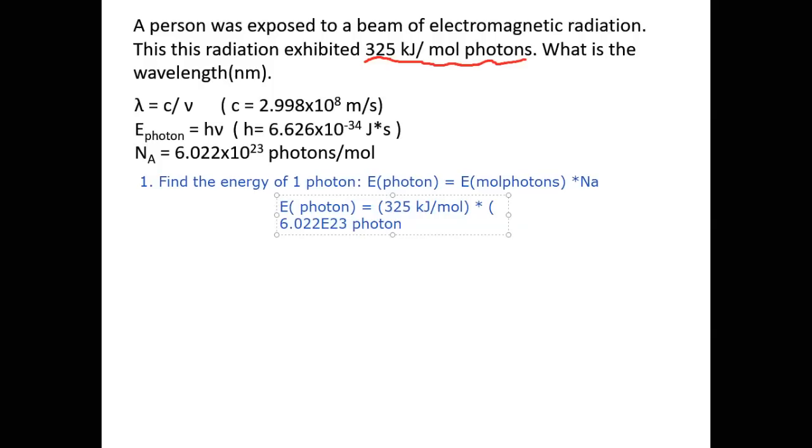Oops, I made a boo-boo. Let's see, it should be divided by, no. Oh yes, it should be divided by Avogadro's number. So this should be divided by 6.022 times 10 to the 23rd photons per mole. So I made a little error on that. You actually have to divide by the Avogadro's number, not multiply. So when we put that in, the energy of a photon